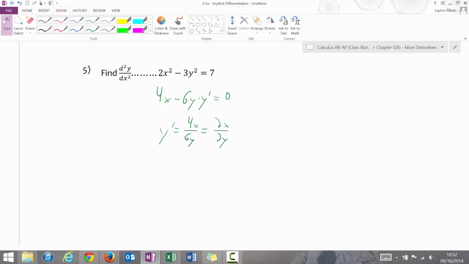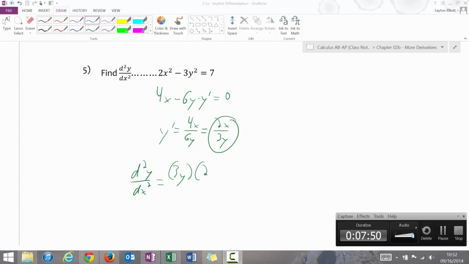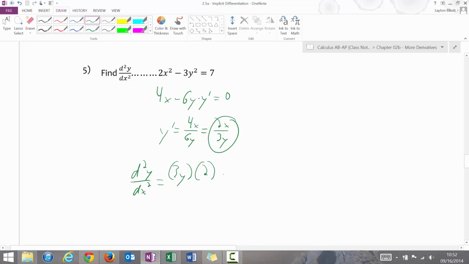Okay, then to find the second derivative, d squared y over dx squared, what I'm going to do is take the derivative of this thing. So I'm going to go low d high, and to go low d high, I've got to do 3y, and the derivative of the high is 2. Now, that's good and clean, but then when I do high d low, I've got to worry about the y prime. High, and d low is 3, and that's y prime. Low d high minus high d low over, and if I do low low, I end up with the 9y